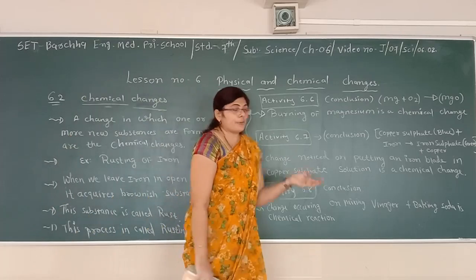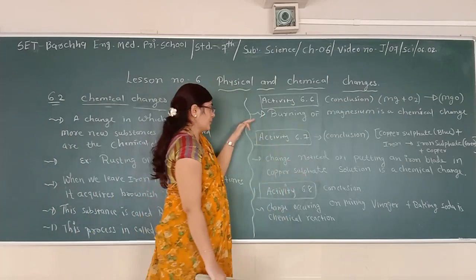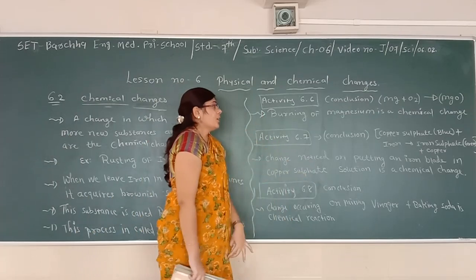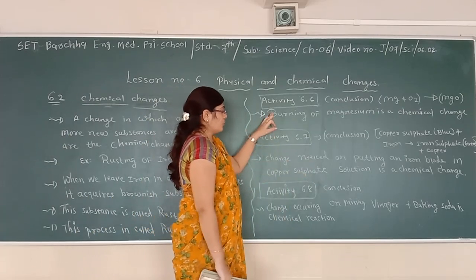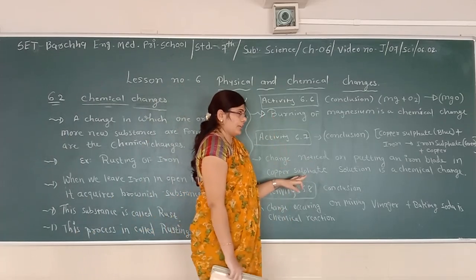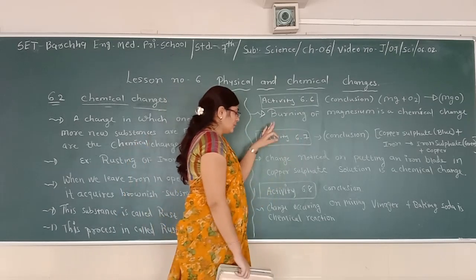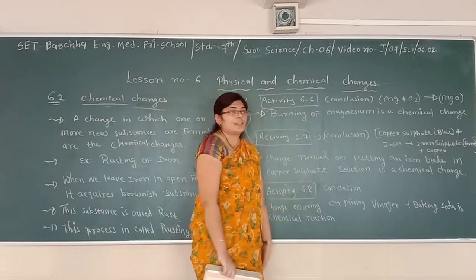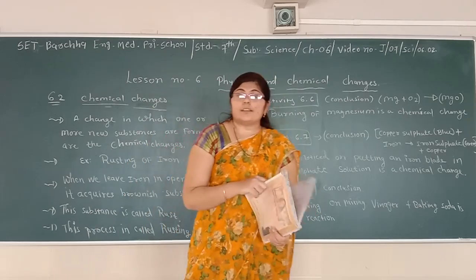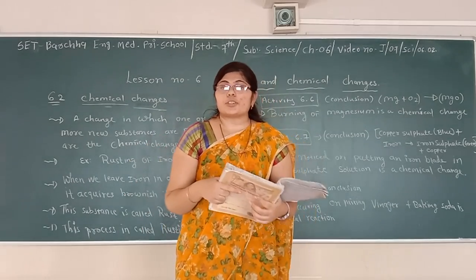We also have performed the three main activities: 6.6, 6.7, and 6.8. From 6.6 and all the activities, we have learned that a new substance is formed each and every time, and that's why it is called a chemical reaction. So here the 6.2 is